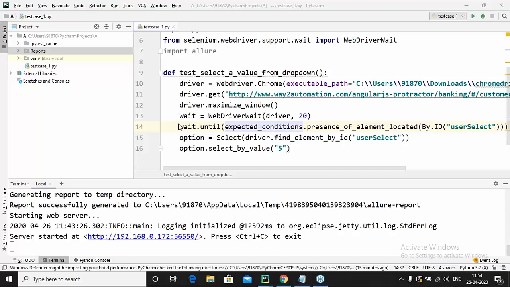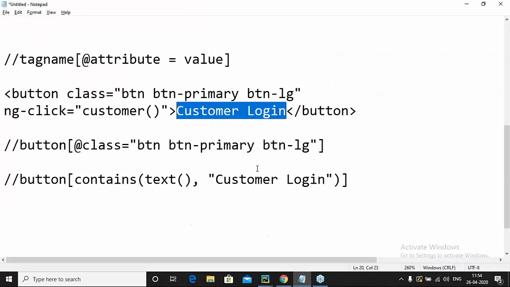So in that case, see what you can do. Wherever a link is mentioned, whenever there is a link available, there is a tag called the anchor tag, which is the A tag.